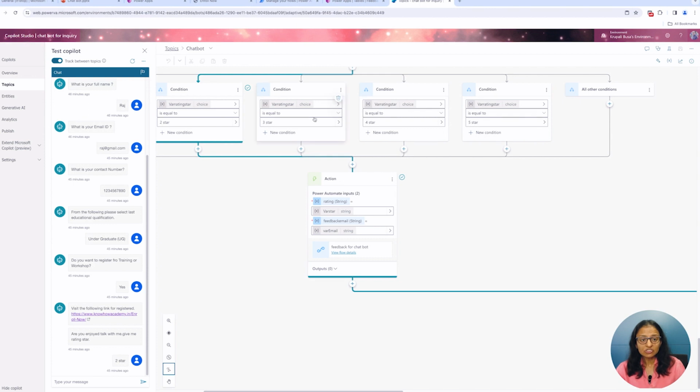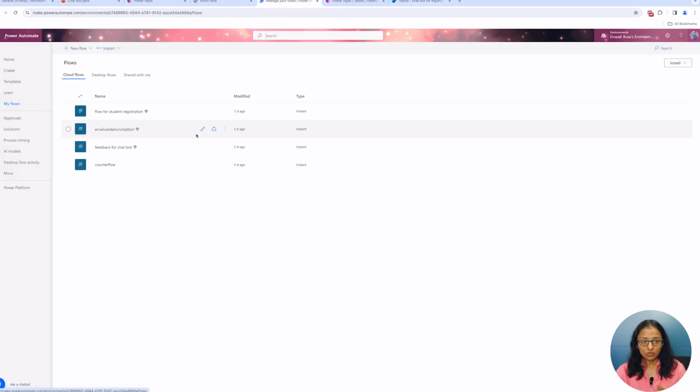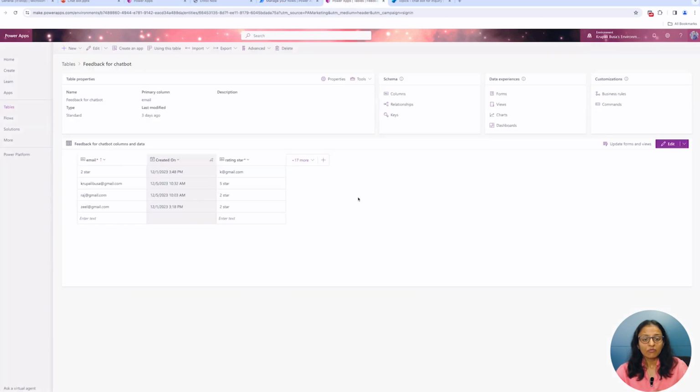Now, sometimes a chatbot requires storing data somewhere. So, using Power Automate, I save the data in the Dataverse. Now, what is Dataverse? Dataverse is a type of database management service using which you can store and retrieve data in the cloud.